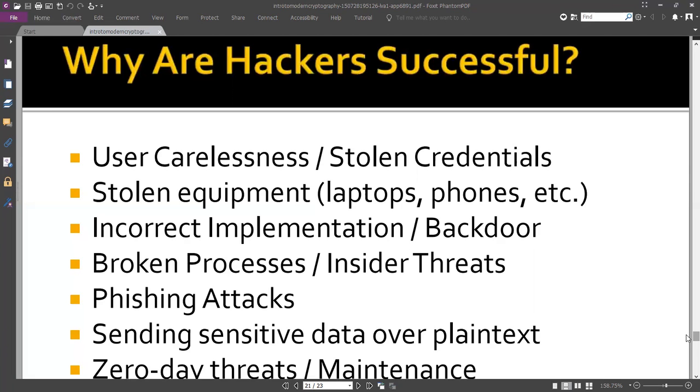We have broken processes and insider threats. Broken processes happen especially where there is corruption involved in an organization. So let's say you are creating a user profile, and then you miss one process. Then the process is broken. It's like if you are looking to get admission in high school. There is a process that is supposed to be followed, but if you add money or corruption to it, then the process is broken, because you get